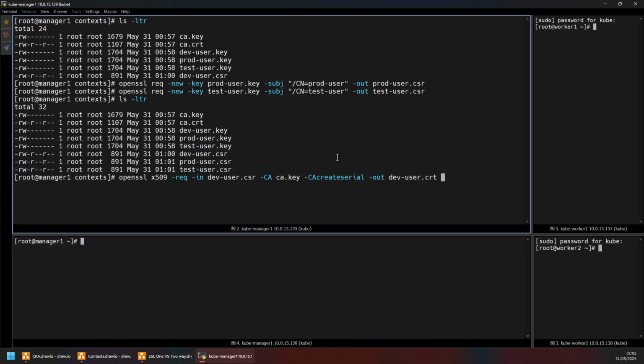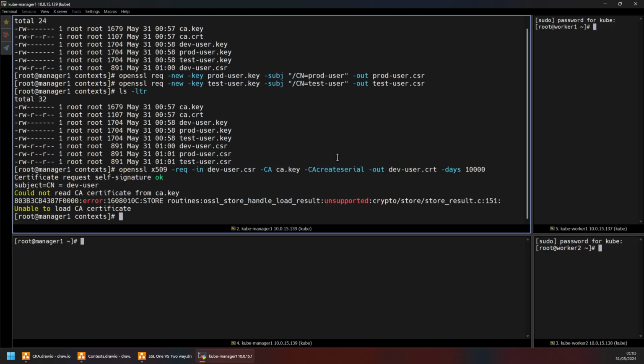CRT is called certificate. Sometimes we create it with the name CER also. So it depends on what you're getting or which tool you're creating it with. There are multiple file types like that, CER, CRT, like that. And then here we are giving it for 10,000 days. All right. So now the certificate will be valid for 10,000 days. So that's why we are giving it like that. And then give enter,